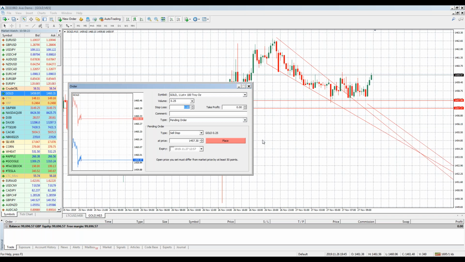Because if it's really good news for the market, it shouldn't break the support and then go back above the support, right? So if you're putting a stop loss, not everyone trades with a stop loss, but if you do, once it activates this sell, you're expecting it to drop rapidly. If it goes back above the support, then maybe that's where you say, okay, I get out of the sell. Okay, so maybe if it goes back up to 1458,